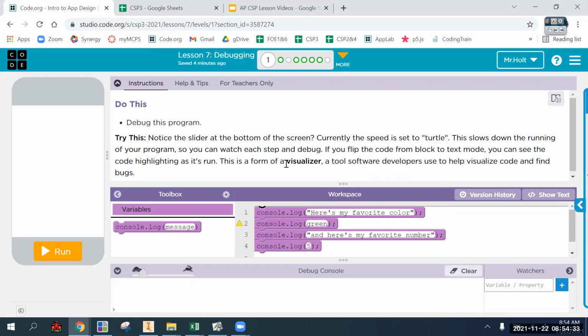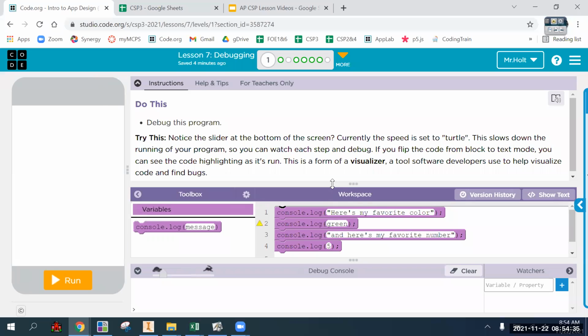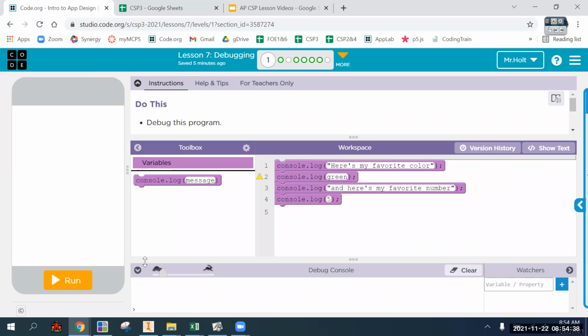And that's what we're going to do. So just like before, the general idea is to